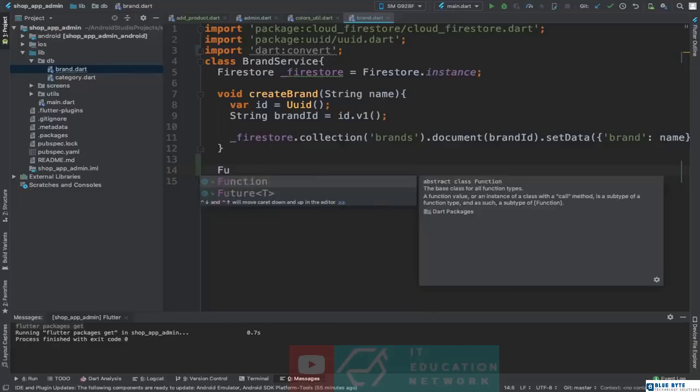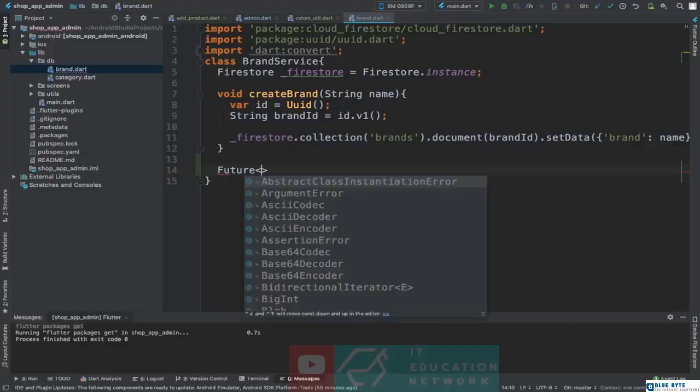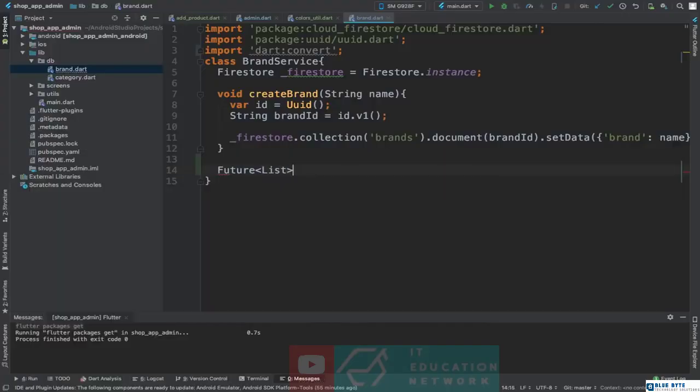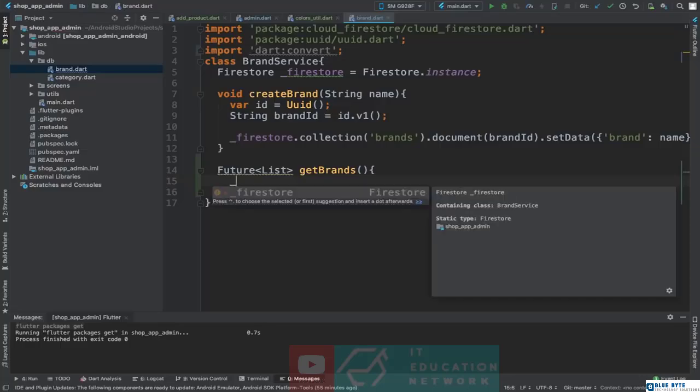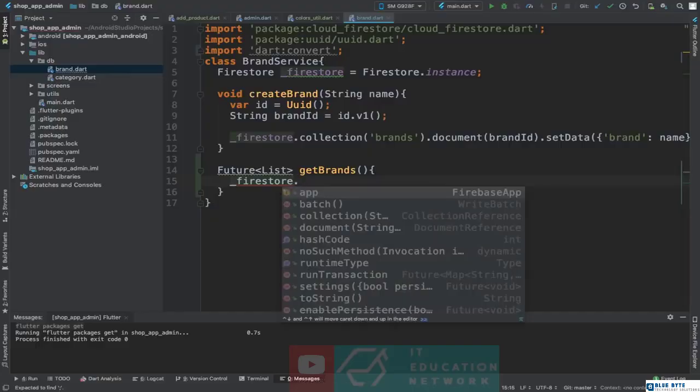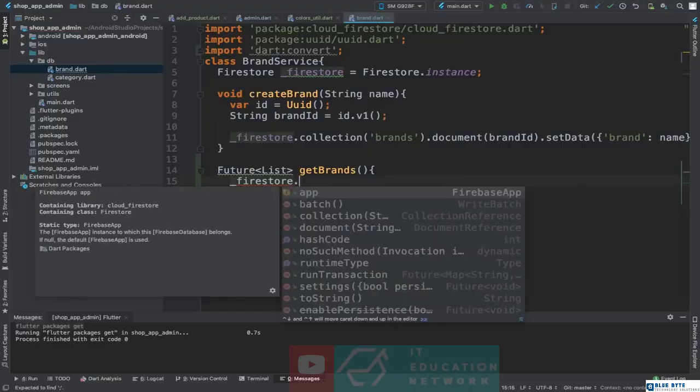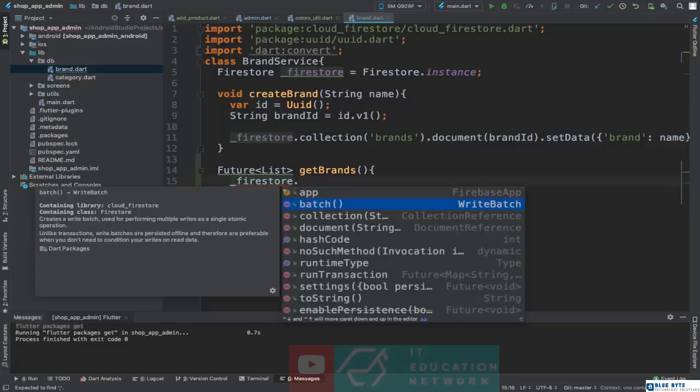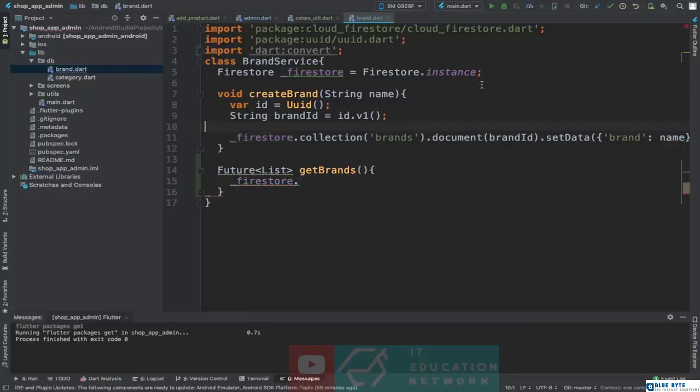we're going to return a future list. Get brands is supposed to be get brands. First we have firestore dot collection, and our collection name is brands. So